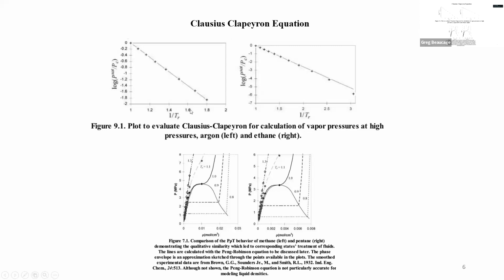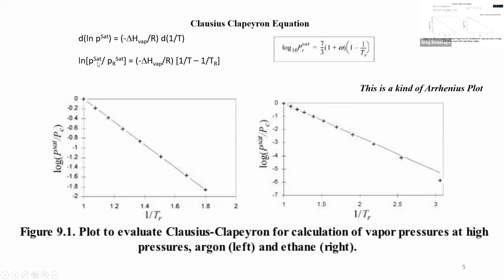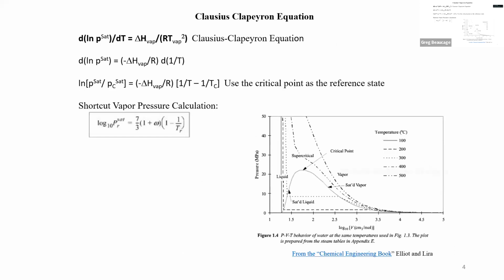And so this T reduced is a temperature divided by the critical. P reduced is the pressure divided by the critical. There's also a density, a volume, specific volume, critical, right? So basically, you can write those things in terms of just the critical parameters, and then you can write like a